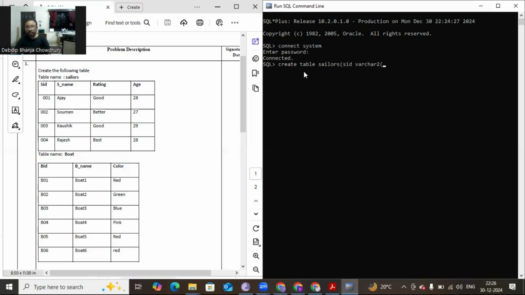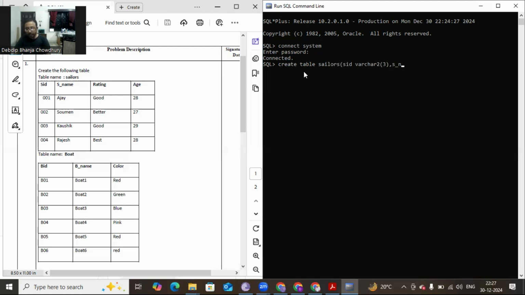Because it has been mentioned as 001. You cannot use 001 in the case of a number; you can use 1 or 2 like that. But if the first character is 0, you have to use varchar2. This you have to understand: what data type you have to use may or may not be mentioned in the question. So varchar2, 3,